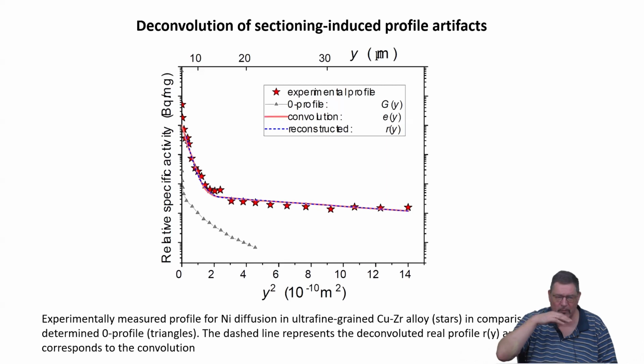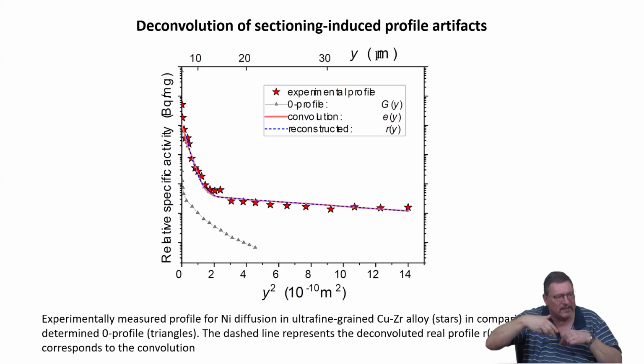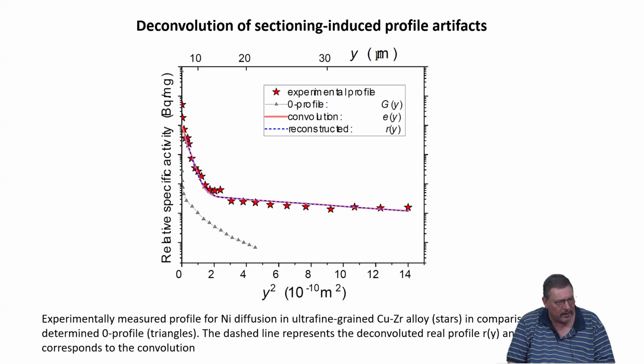I told you, right? Whatever you do, whether you mechanically grind, or you cut, or you section by sputtering, you will have some grinding effect. So you will mix some of the marked atoms from the surface more into the depth. And this is where you basically use a zero profile